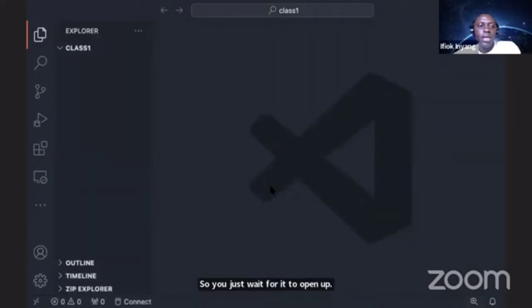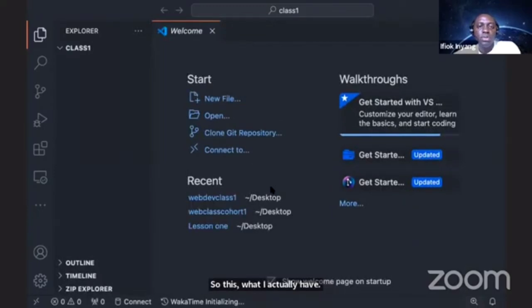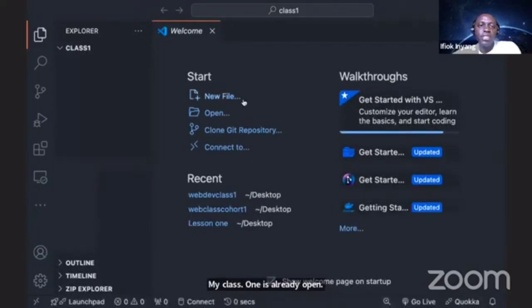So this is what I actually have. My class 1 is already open. So it's still showing this welcome screen because I've not created a file, right? So the next thing we want to do is to create a file on that class 1. This first one is new file. This second one is new folder. So if you want to create a new folder under class 1, this is where you create it. You also have refresh and collapse folders. But what we want to do at the moment is to create a file, right? So click on that and you type